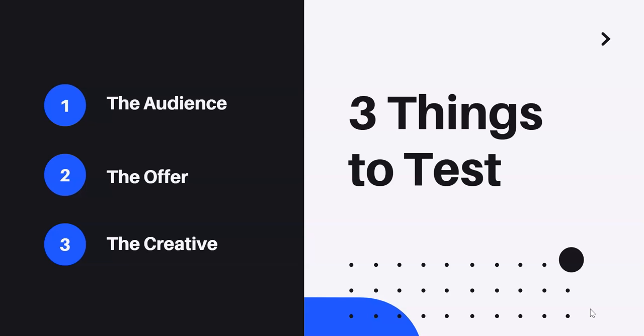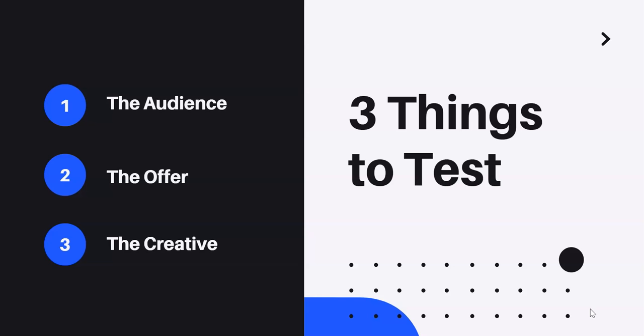And I would say that's especially true when you're in business to business and you're dealing with more of a one-on-one approach to marketing to prospects. What you really need to do is make sure that you're testing the things that really matter. And when it comes to direct response marketing, lead generation, demand generation, there are basically three things you want to test. Now, at the higher levels of marketing, when you're talking about strategy, there are other things you want to test, such as do we focus on partners more than we focus on end users? But that's not what we're talking about here. Here we're talking about lead generation.